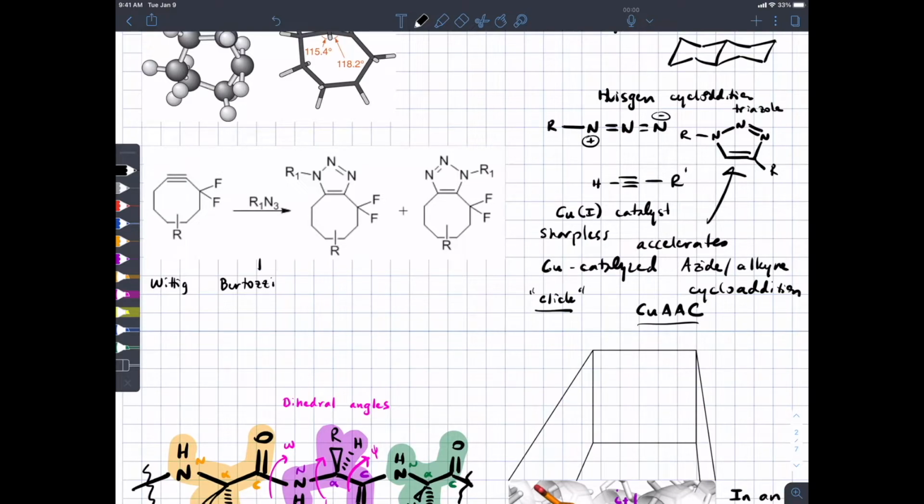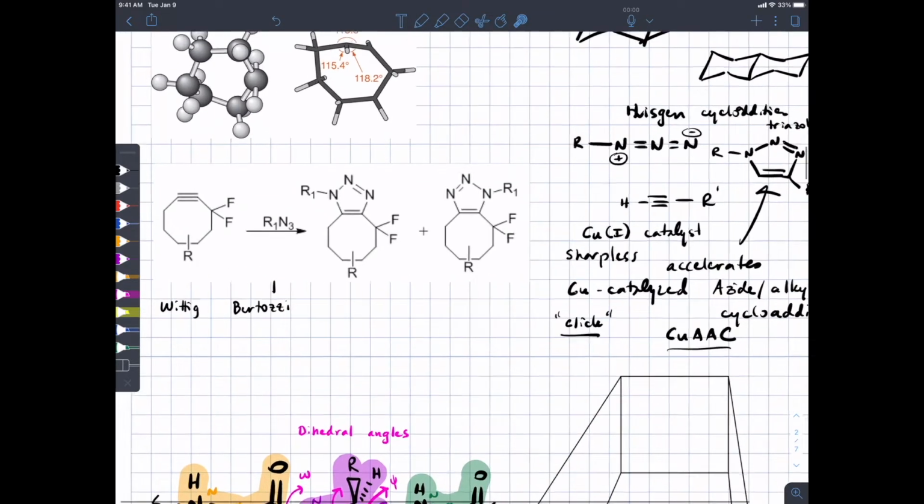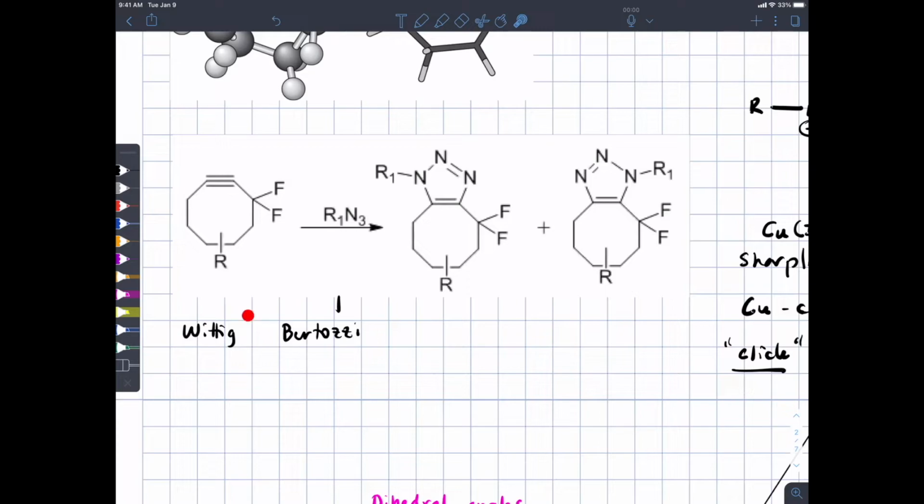The challenge is that copper 1, there's sort of two challenges. Copper 1 wants to oxidize to copper 2 in air, so you have to do something to keep it reduced. Second, copper tends to be toxic to biology in large amounts. So the challenge was, how do we get this reaction to go faster if you don't use the copper catalyst? Because then you're sort of back to the drawing board of the azide alkyne cycloaddition that doesn't work well. Enter Carolyn Bertozzi,